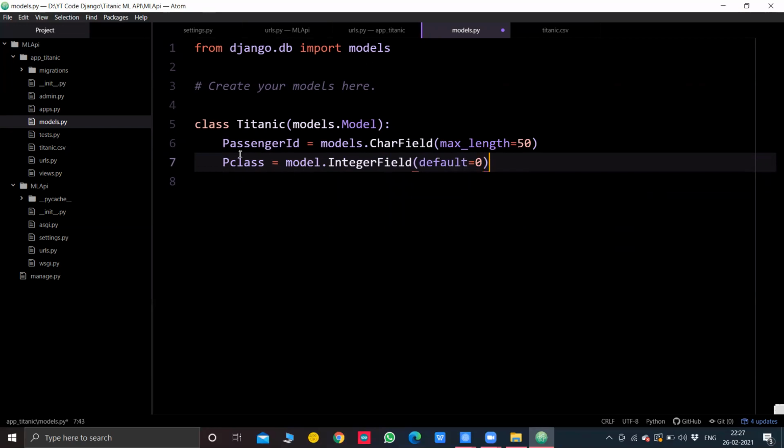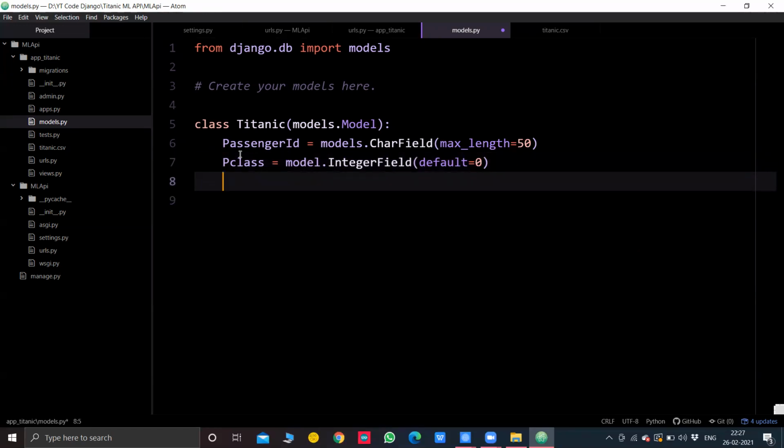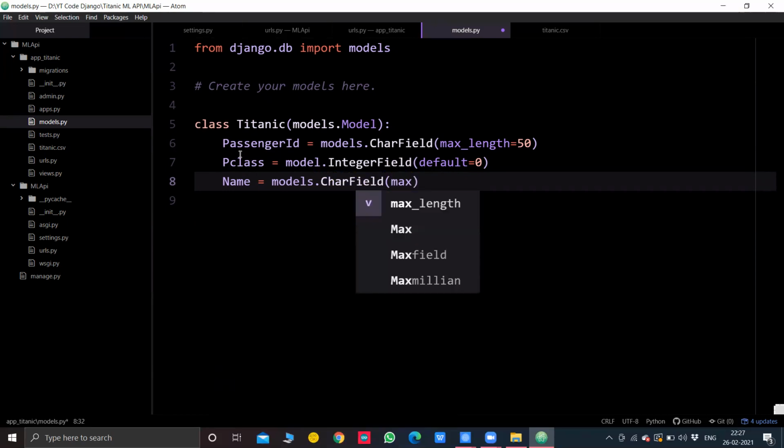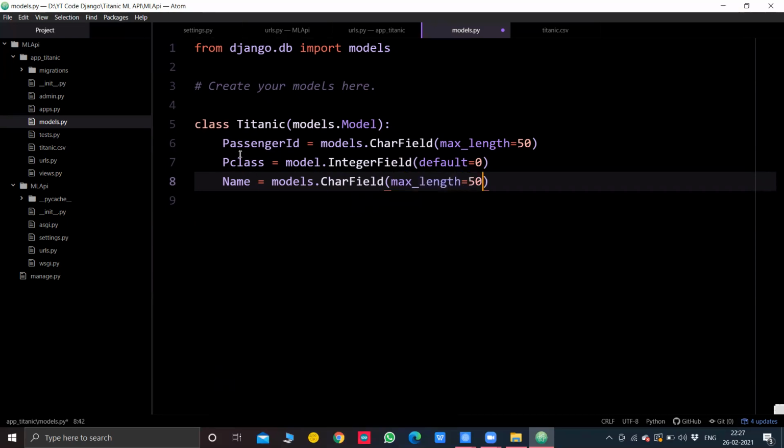Why? It just needs a default value, so that if any P class value is blank, it will just keep it as 0. Then the name of the person: name will be equal to models.CharField again, with max length equal to 50.